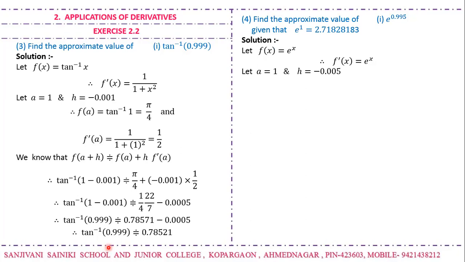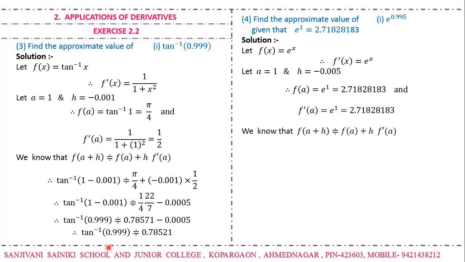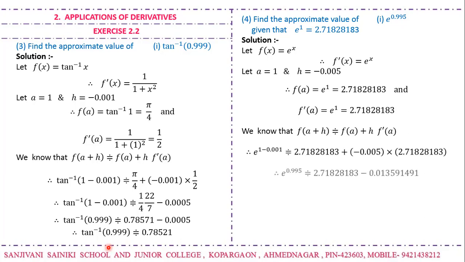So we will find the value of f of x and f dash of x at x is equal to 1, that is at a is equal to 1, and it is e to the power 1, that is 2.71828183. Take the formula for approximation and put those values in this formula. Go on simplifying, take their multiplication and addition, you will get e raised to 0.995 is approximately equal to